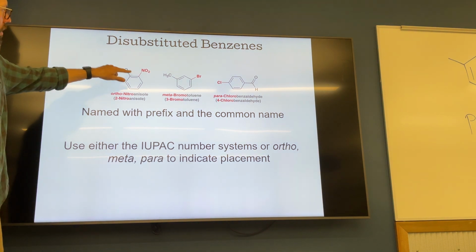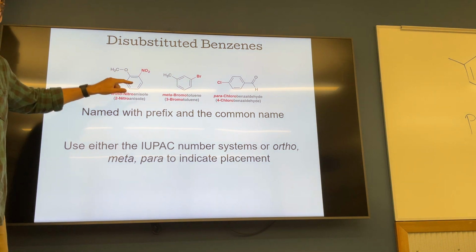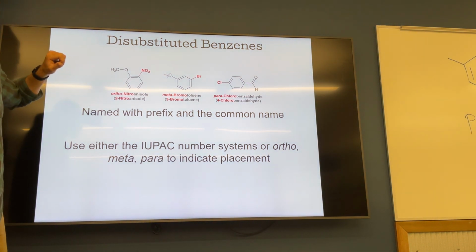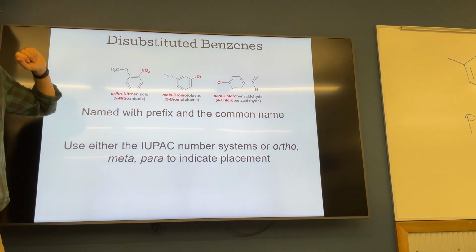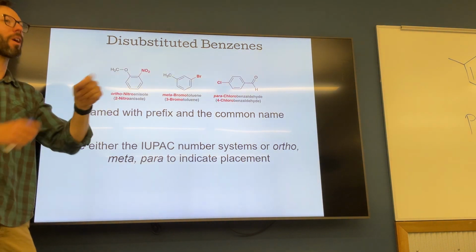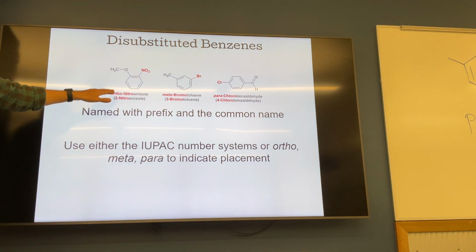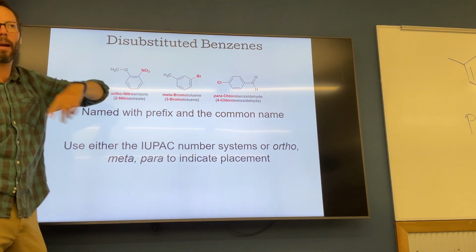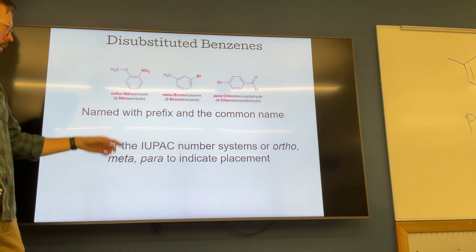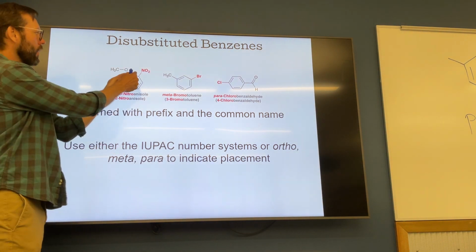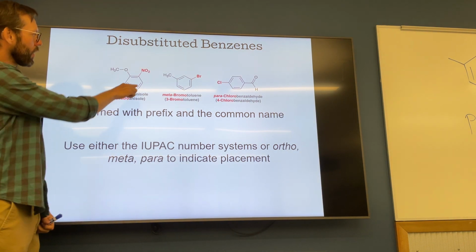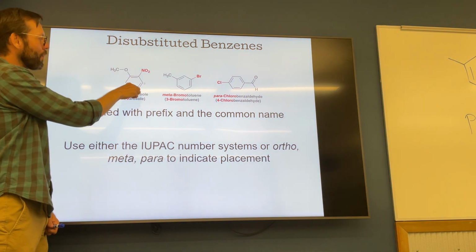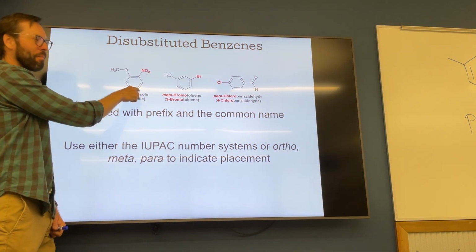And then what would we call this functional group here? Ether, right? An oxygen sandwiched between two carbons. Ester's close, right? You've got that double bond with an oxygen. So that's the parent, anisole. Okay, we put a nitro group on there, we call it nitroanisole. And if we put it here, it's ortho. If we put it here, it's meta. If we put it directly across, it's para.